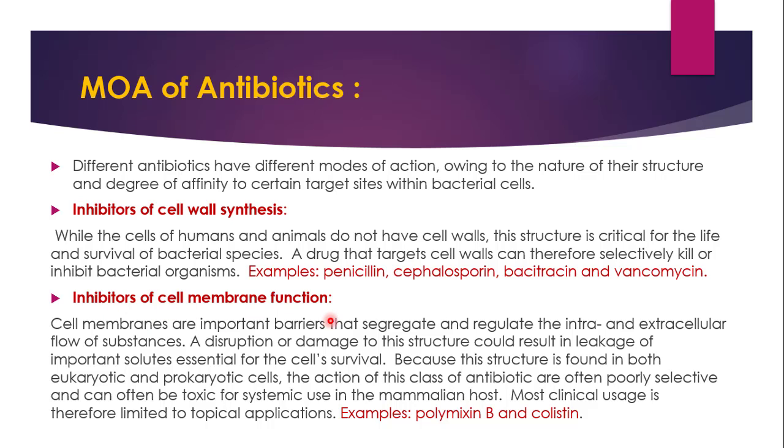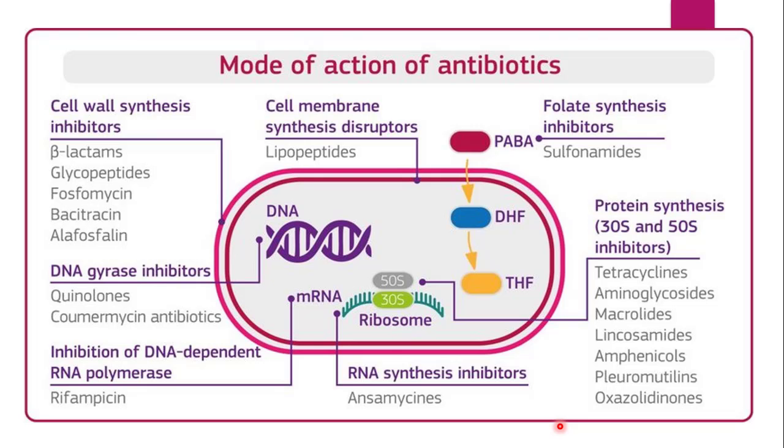Then inhibitors of the cell membrane, the second layer, is the cell membrane. As we already know, cell membranes are also one of the important barriers. Entry and exit is regulated, that is, transport is regulated by the cell membrane, which is permeable. So it will allow only selective substances to enter inside and toxins to leave outside. The antibiotics which act this way are polymyxin B and colistin. Then